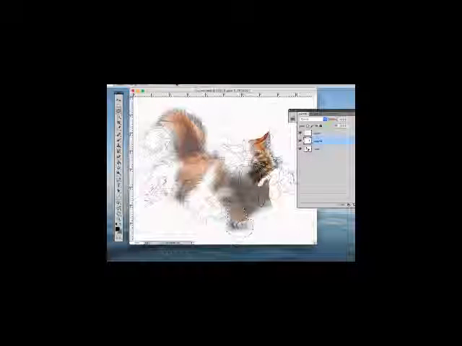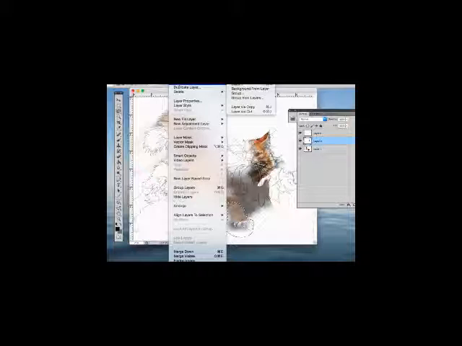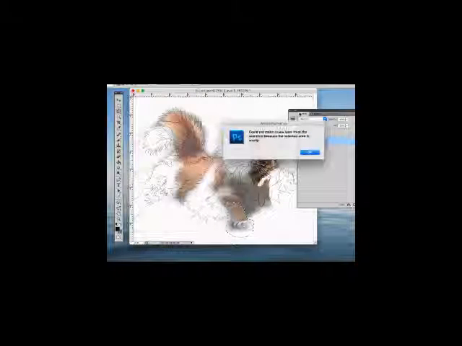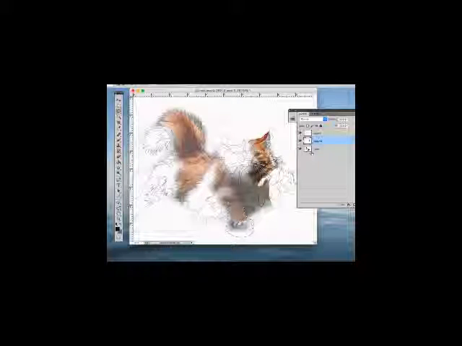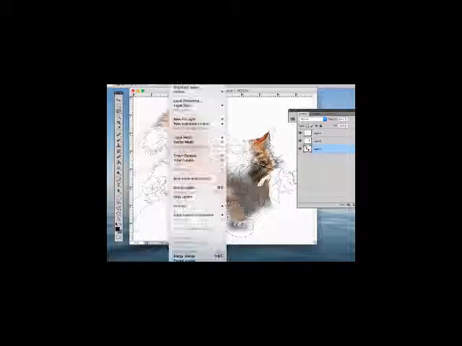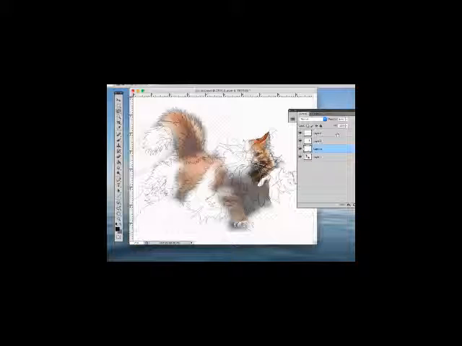And maybe I want to do that right here too, for this part. Okay, again, layer, new, via cut. Oh, I'm on the wrong thing. Okay, layer, new, via cut. Opacity. And so you want to be super careful in here with the edges. Then when you're finished,